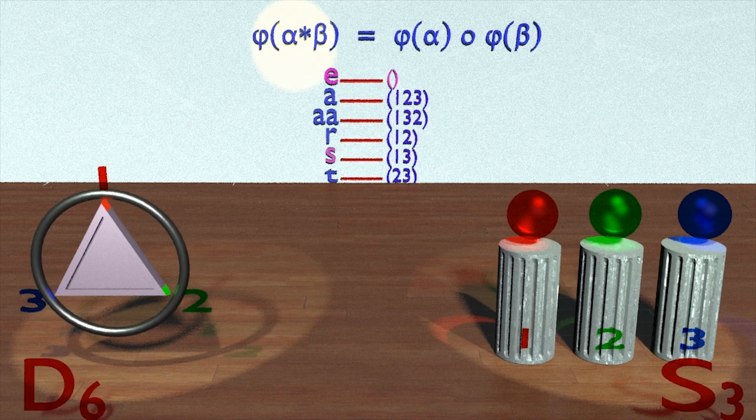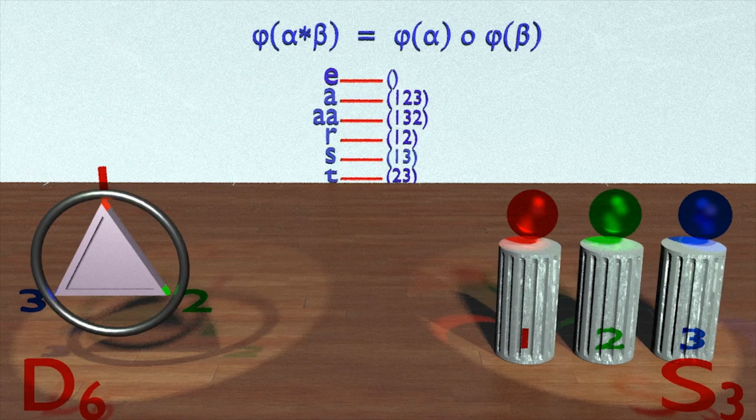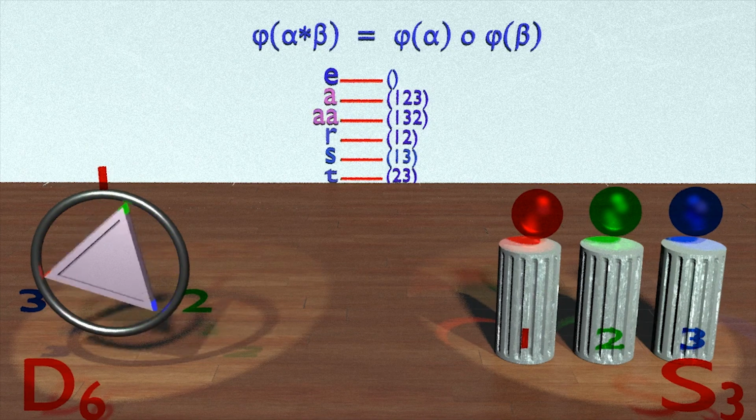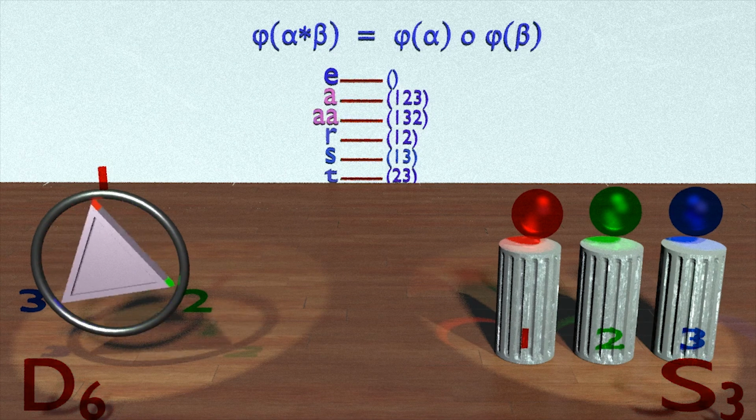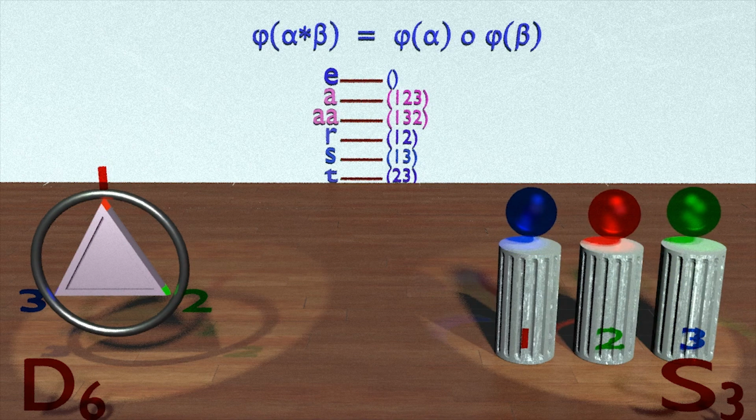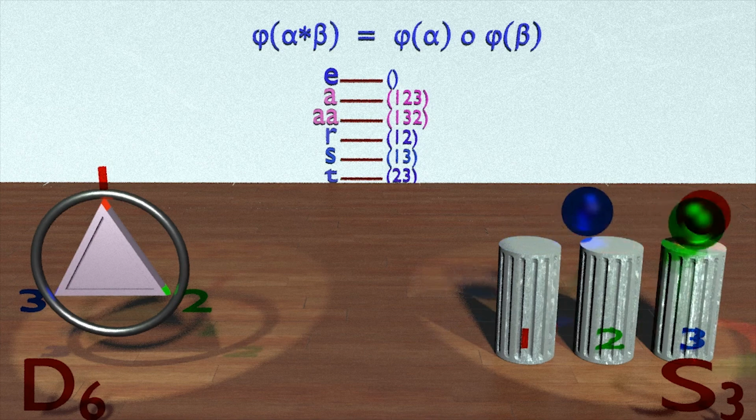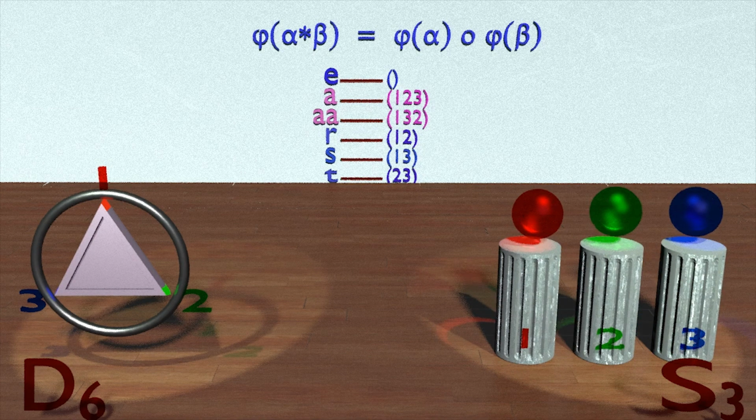And we can check out if perhaps all inverses map to inverses. We know in the set D6 that A and AA are inverses. We can perform the rotation of 120 degrees, the element A, and then the rotation of 240 degrees, the element AA, and we get back to the identity. With A mapped to the element (1 2 3), and performing element (1 2 3) on the right, we can see that the inverse, the element that will take us back to the identity on the right, is the element (1 3 2). And so we see, because AA maps to (1 3 2),